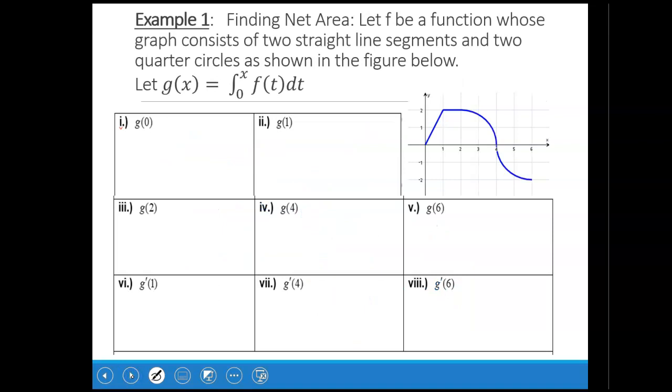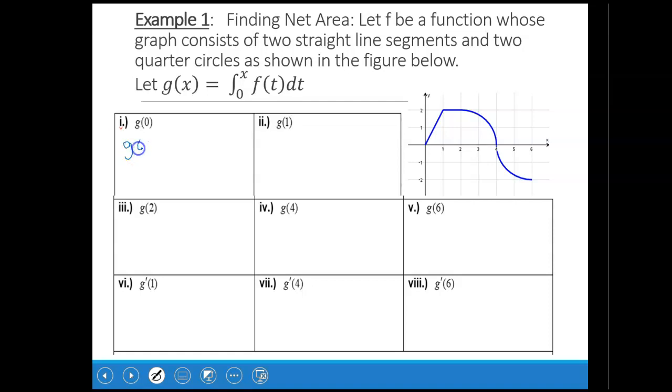We have finding net area. If f is a function whose graph consists of 2 straight line segments and 2 quarter circles as shown in the figure below, and g of x equals the integral from 0 to x of f of t, find the following. So if you wanted to find g of 0, then what you're going to do is essentially